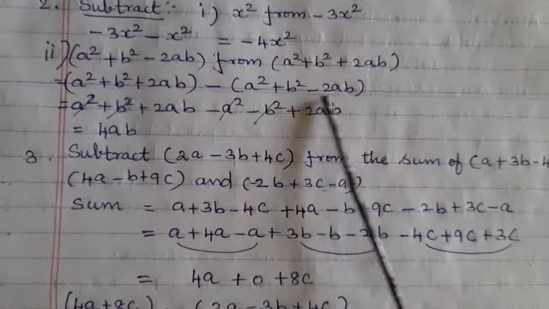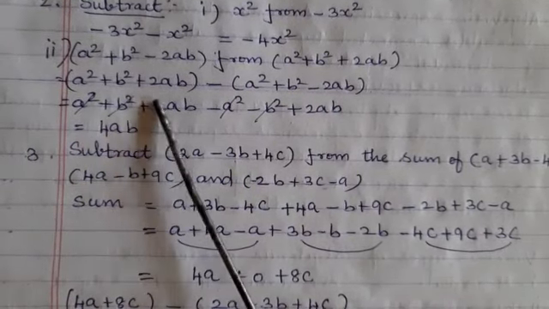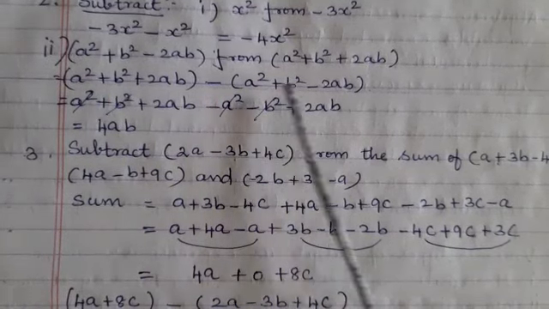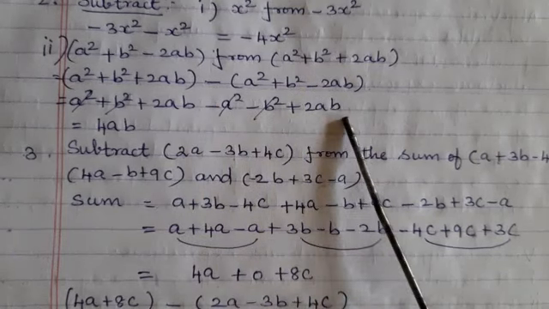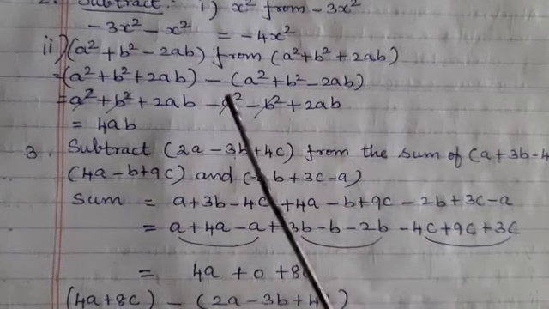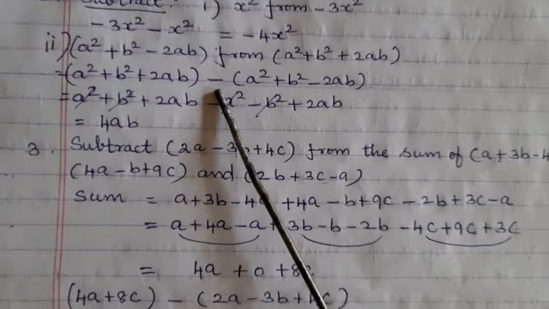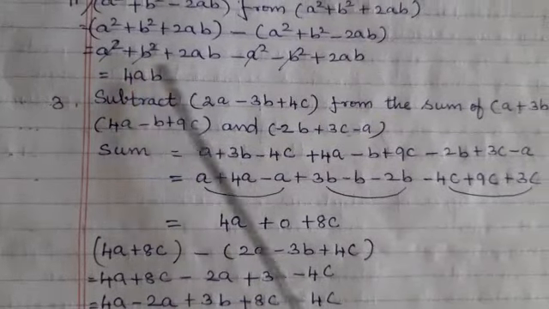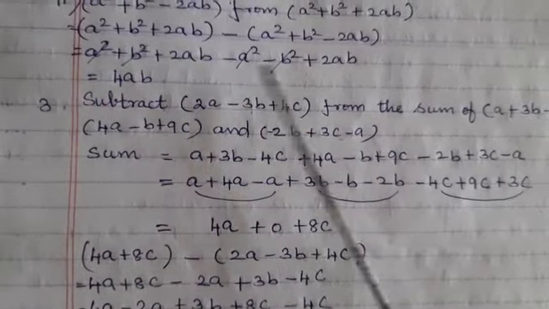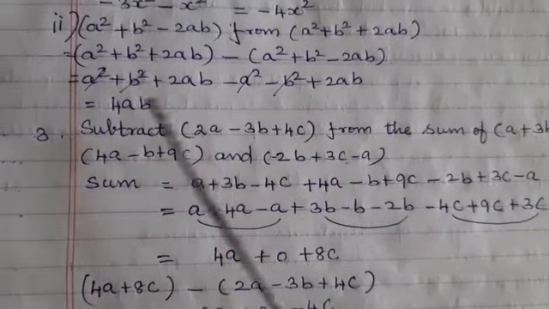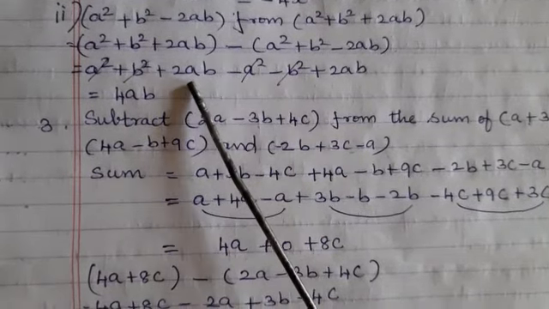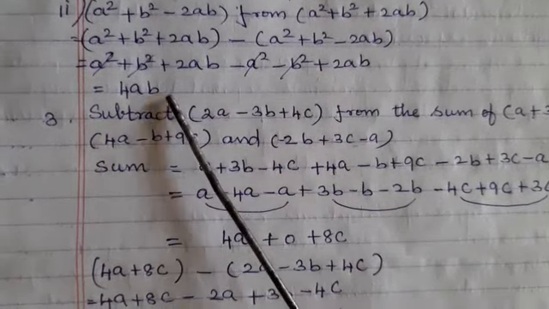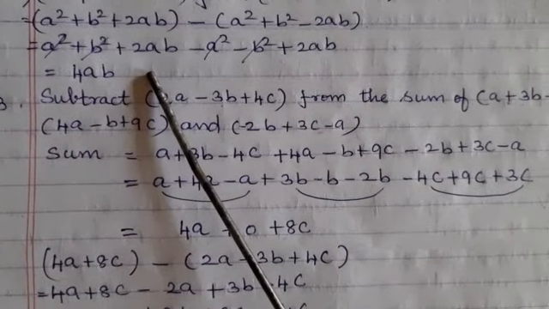The next step is removing the bracket: a squared plus b squared plus 2ab minus a squared, minus into plus minus b squared, minus into minus plus 2ab. That is very very important. So you put the bracket here, then only you can multiply this minus sign with each term. After adding the like terms, you can see that plus a squared minus a squared cancel, plus b squared minus b squared cancel, here plus 2ab and plus 2ab. 2 plus 2 is 4, 4ab. So your answer is 4ab.